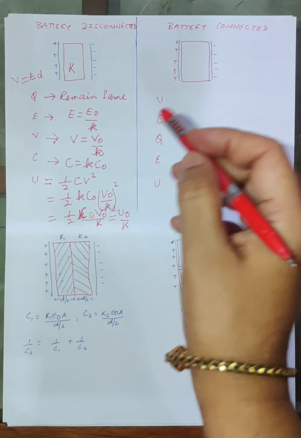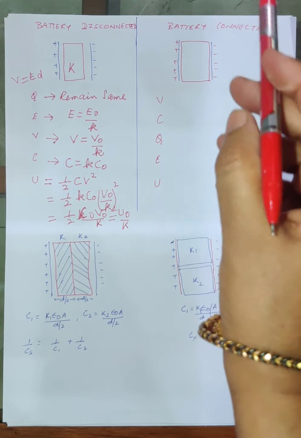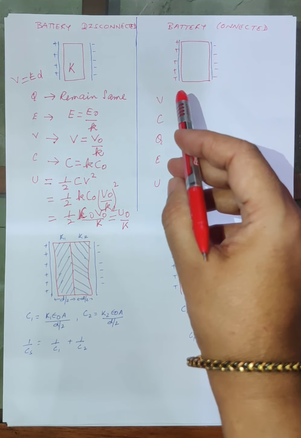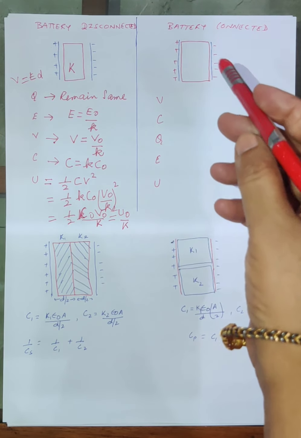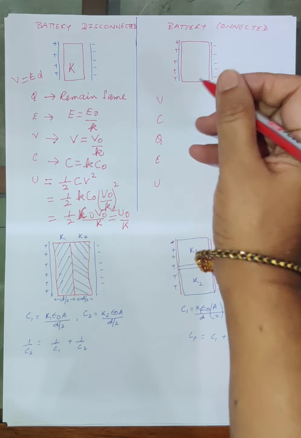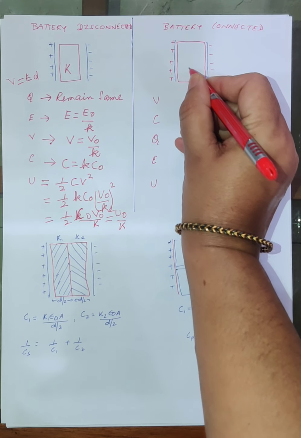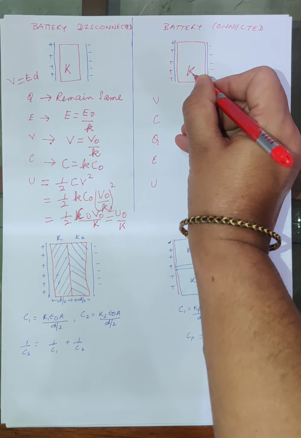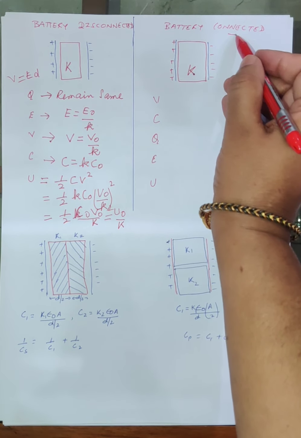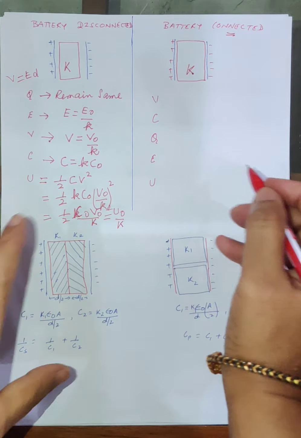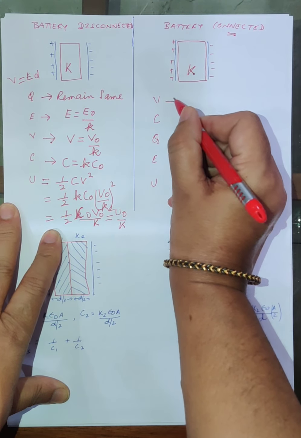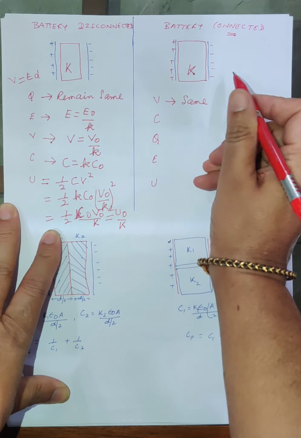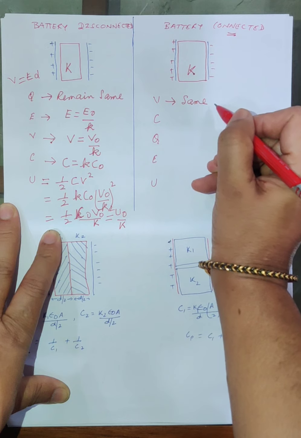The same question, the only difference is that you have charged the capacitor and the battery remains connected. The battery remains connected and you are introducing a dielectric of dielectric constant K. So what will happen, children? Now see, what is the catch? If my battery remains connected, that means my V remains the same. It will not change.